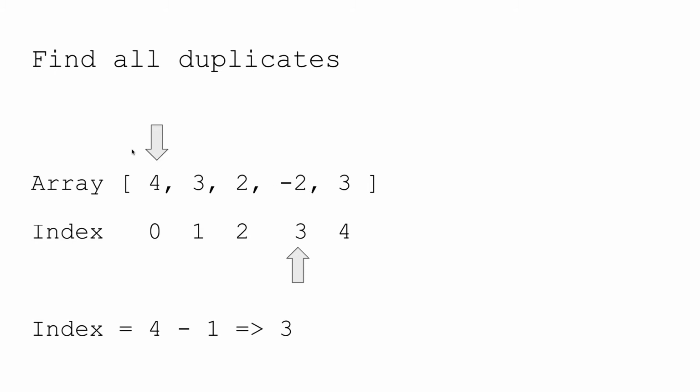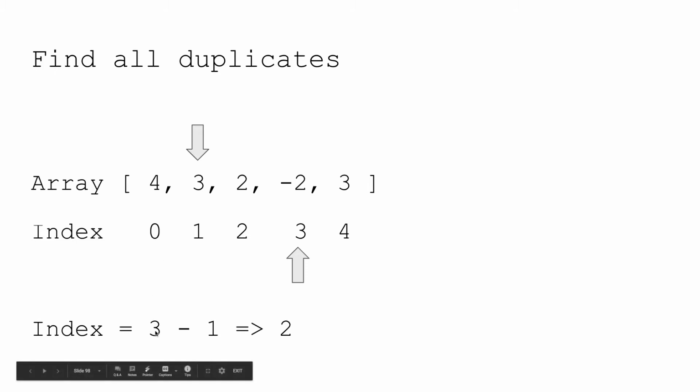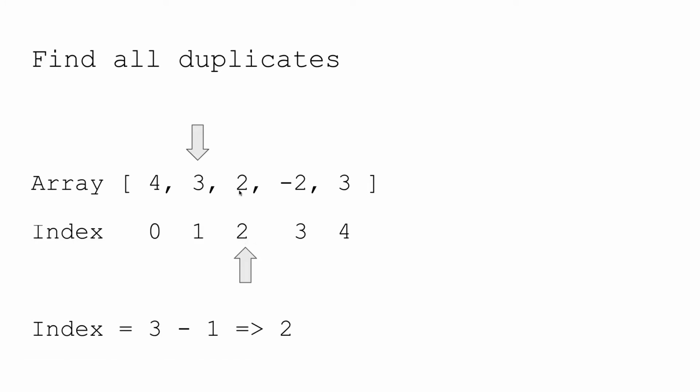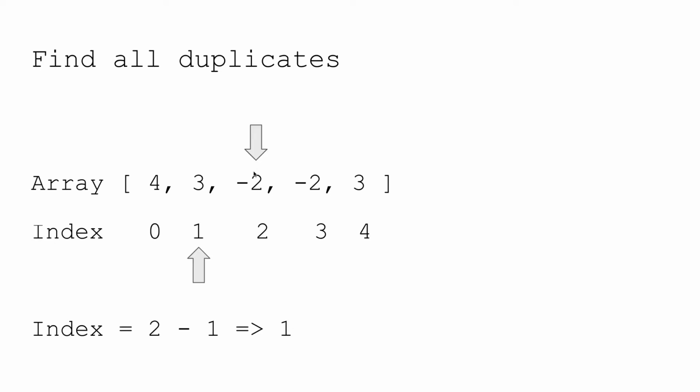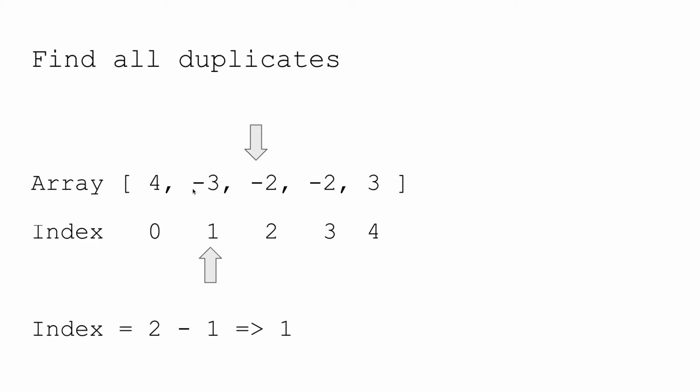Okay. Similarly, next we'll move to the next element, which is 3. Here the value is 3, and we'll subtract 1 and get 2, which is again a valid index, right? This is your index. And here the element is 2. Now we'll simply mark this as a negative number. Similarly, we will move forward. Here we'll get -2. From here as well, we'll try to get an index. For that, we'll simply take the absolute value of this particular element, which will be 2, and then subtract 1 and we'll get 1. So here the index would be 1. At this point, we have a positive number, which is 3, and we'll simply mark this as -3.